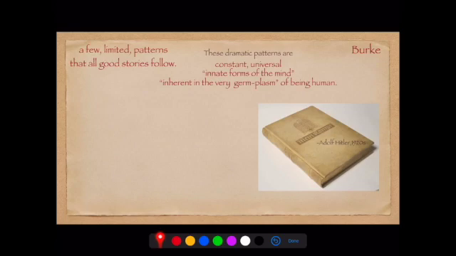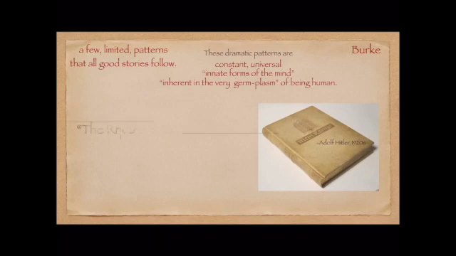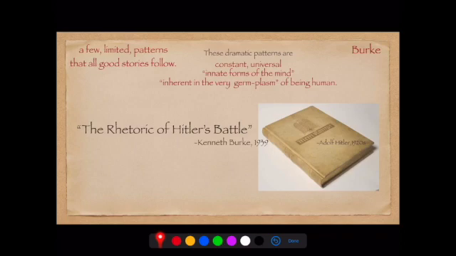When Burke gets his hands on and reads Mein Kampf in the middle 30s, Burke is terrified. In fact, Burke will write a review of Hitler's Mein Kampf called The Rhetoric of Hitler's Battle, and it'll be released in 1939. In this, one of the things that Burke lays out with terrifying accuracy, as it turns out, is